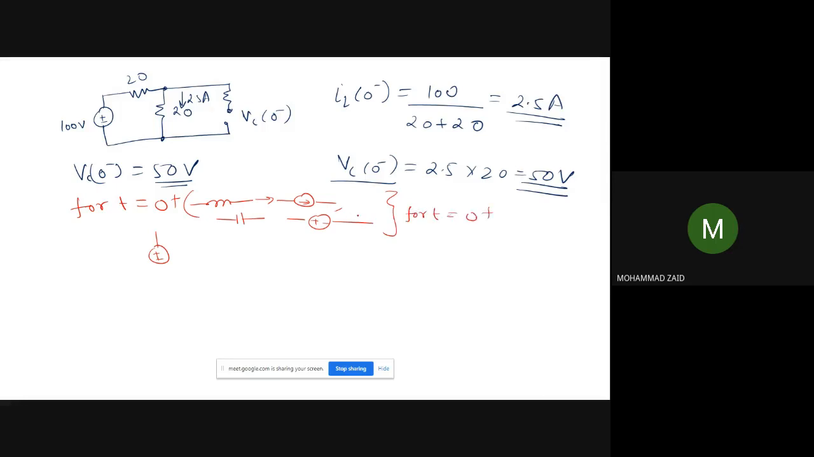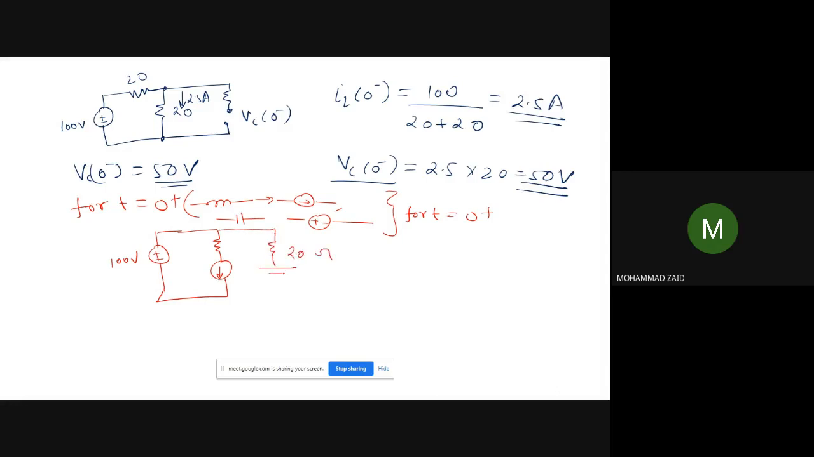Why can we do it? Because at t is equal to 0 plus, the inductor current cannot change instantaneously, neither can the capacitor voltage. So they can be represented by a constant voltage source or a current source. So we can draw it like this: 100 volt, and this is shorted. This is 20, and there will be a current source which is representing the inductance. Okay, and 20 ohm,